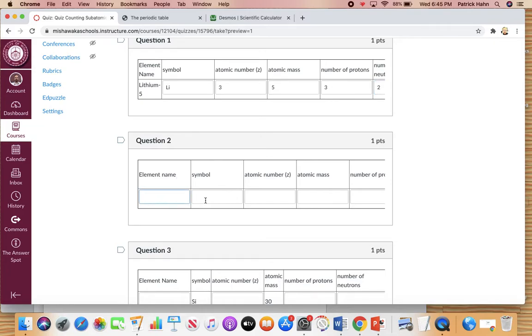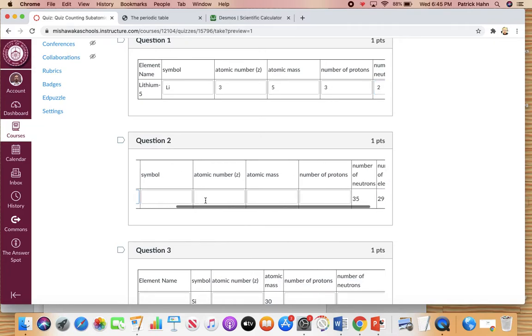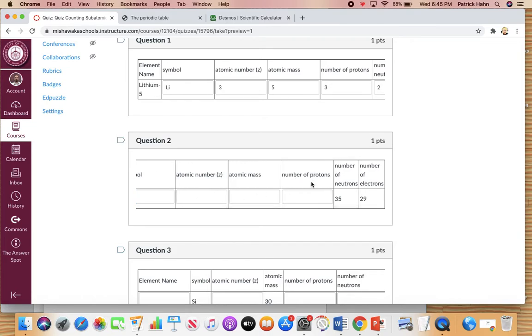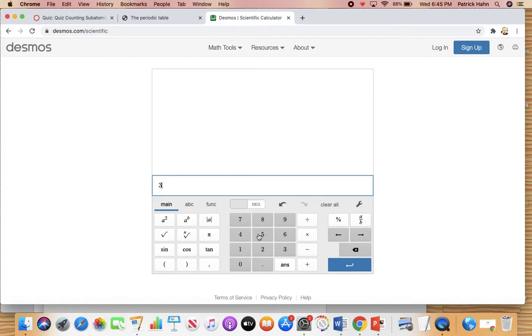Problem 2, it's not given an element name, no symbol, no atomic number, no atomic mass, no protons. I've given the number of neutrons and the number of electrons. So we do know the number of protons is the same as the number of electrons, so that's going to be 29. Now the mass is the number of neutrons plus the number of protons. So going up here, we're going to say 35 plus 29, and that gives me